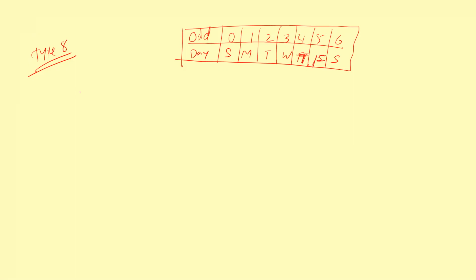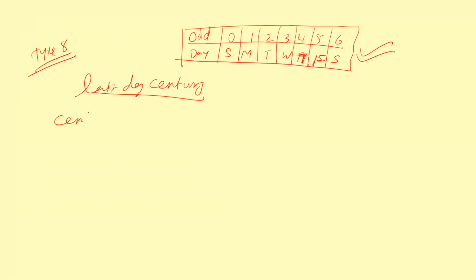Now see this. Type number 8 is the last day of the century. For type number 8 and 9, there won't be any reference date. From type 1 to 7, we have some reference date, and we add or subtract with that year or date. But for 8 and 9 there won't be any reference date. If there is no reference date, then you must use this table. For type number 8 and 9 alone, we are going to use this table, not for other types. Last day of the century is the topic.